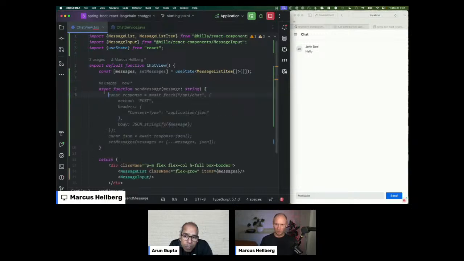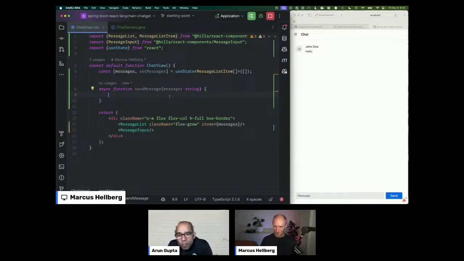That seems good. So we're going to call it send message. It's going to take in a message, and then it's going to do things. Now, again, you can see Copilot is giving us an idea of what it might look like if we weren't using Hilla. So now it disappeared. We would probably post to a REST API, and we would get the response back and do something with it. It's going to look a little bit easier with Hilla. So we're going to do this.